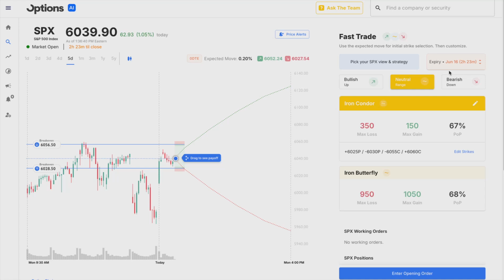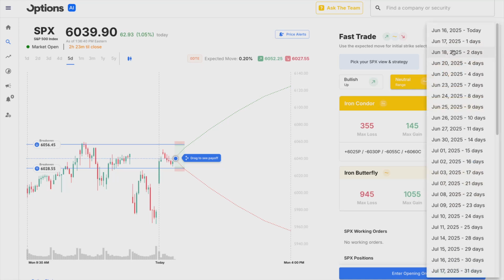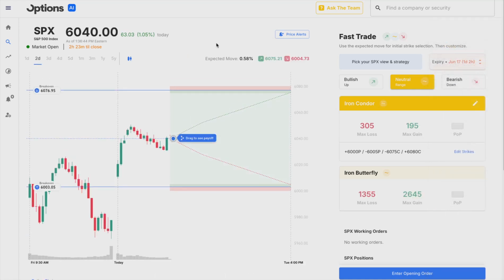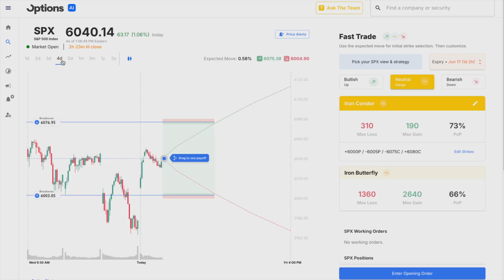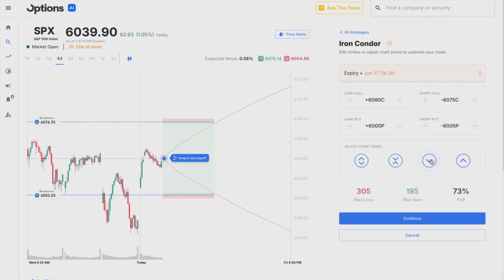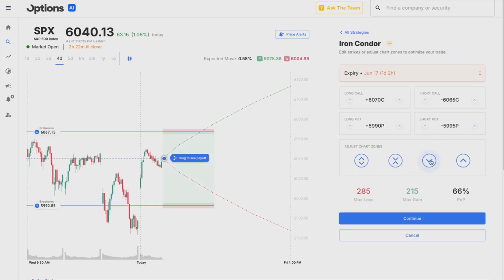Let's move this out to tomorrow. And what we're going to see is it gives us about a 6075, which is above our level that we had chosen. So this would be a completely neutral iron condor at the moment with an equal amount below and above on our short strikes. If we took this entire trade and moved it down slightly,